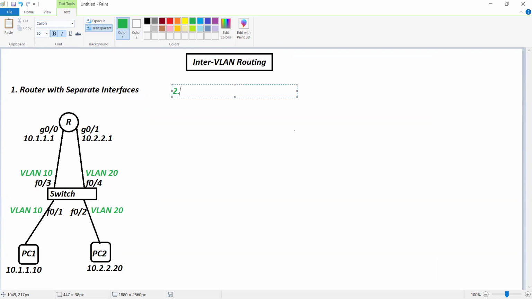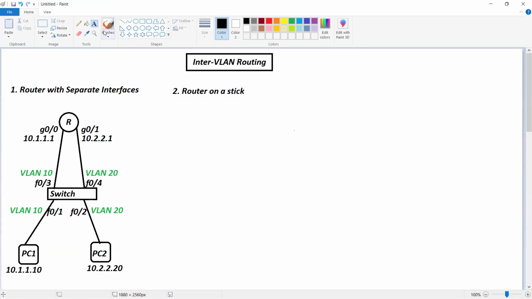So I'll use another method, which is known as router on a stick. This is the second method. So in this method, what will happen? Rather than using an individual interface for each VLAN, we will use one single interface for all the VLANs. Okay. So this time your topology will be something like, you will have a router,